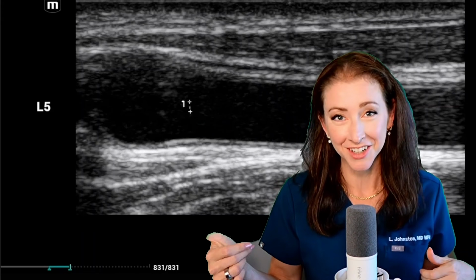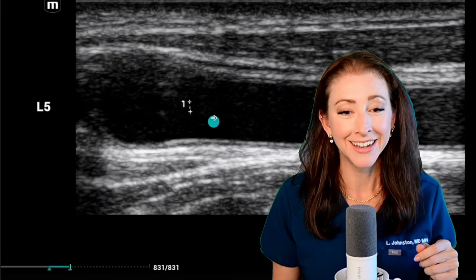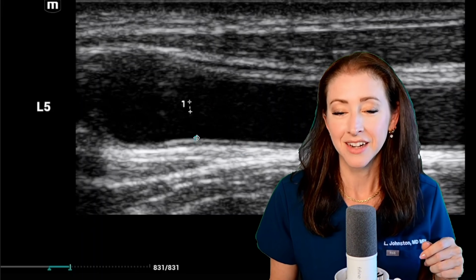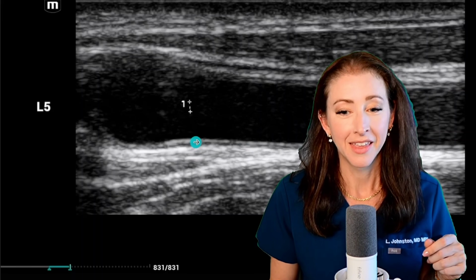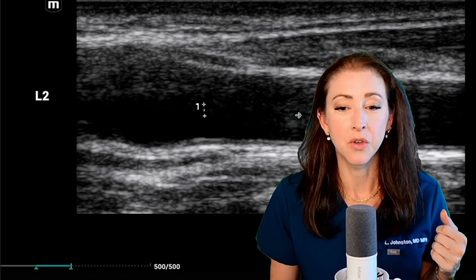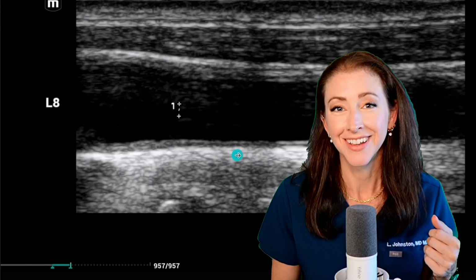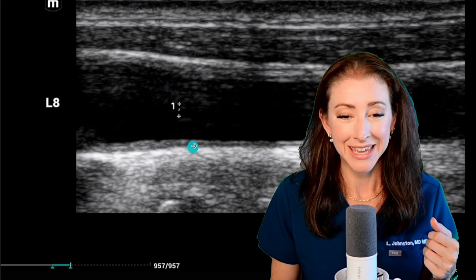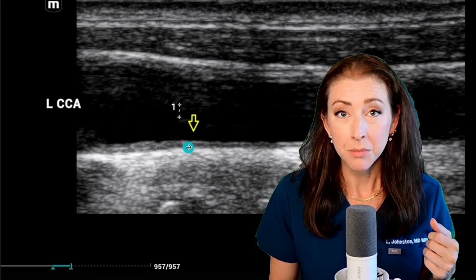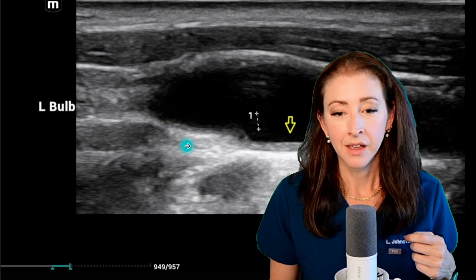All right, my feet are still to the right, my head is still to the left, blood is flowing this way up towards the brain. And we are again going to take this measurement from the top of the thin gray line to the top of the bright white. Take 3 different orientations, front, middle, and back, so that we get all of the back wall and can get the most accurate measurement as we can. And again, we take one measurement of the maximum thickness of the CCA. We'll show you that on the report as well. And again, we go